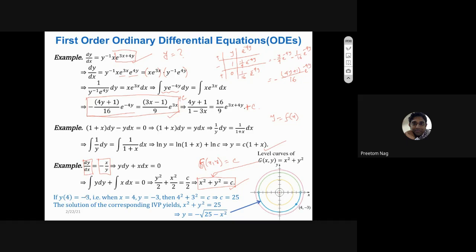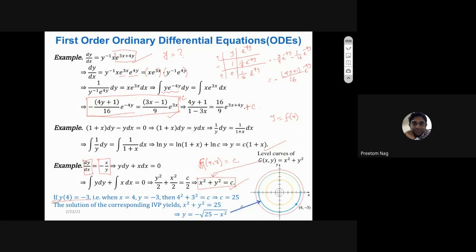If the initial condition is given, that means x equal to 4, y equal to minus 3, then this is the circle which is passing through the point x equal to 4, y equal to minus 3. So if x equal to 4, y equal to minus 3, then 4 square plus 3 square